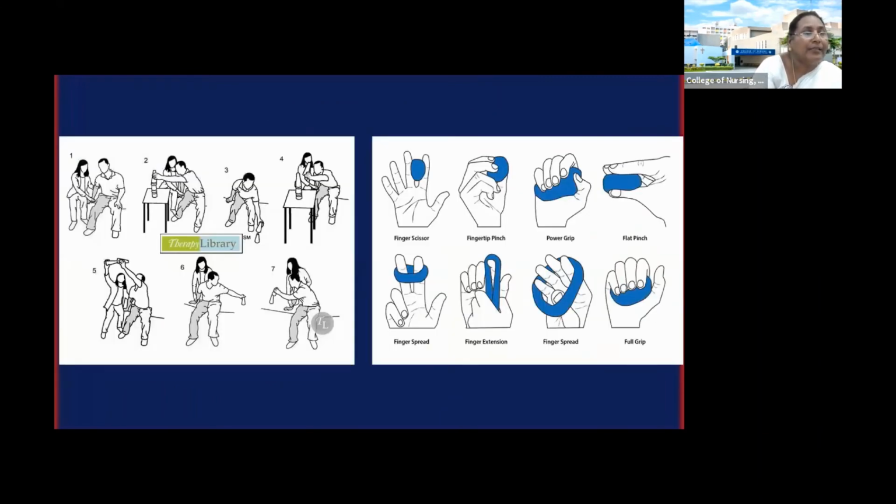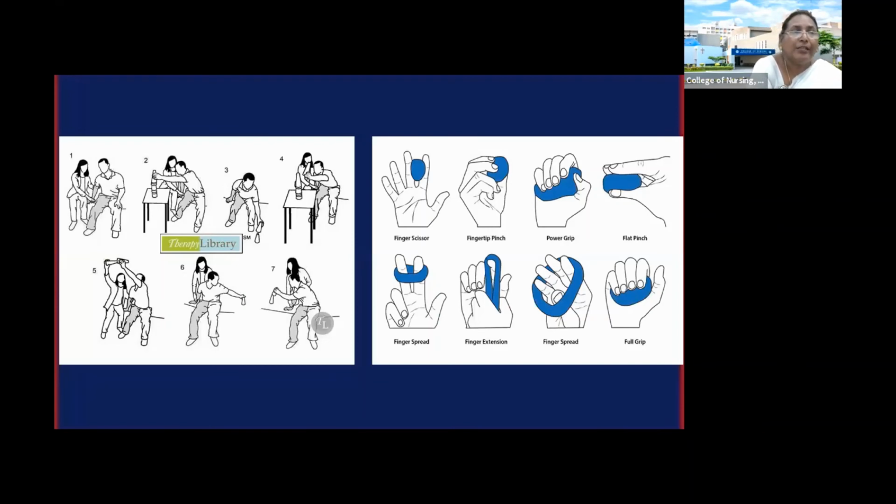These are other exercises, like for a person who is hemiplegic, say, if the leg is affected. Some exercises are: you teach them how to bend down and pick up something, turn to the left side, turn to the right side, lift their hands. All these are exercises that we can teach them and reinforce along with the physiotherapist.